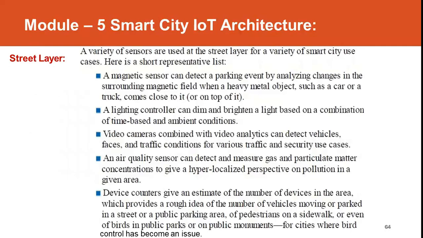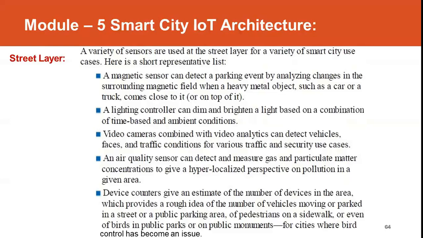There are a variety of sensors that are used in the street layer. A few of them include the magnetic sensor to detect a parking event by analyzing the changes in the magnetic field, such as when a heavy metal object, such as a car, a two-wheeler vehicle or a truck, comes very close to it; the magnetic sensor will detect it.